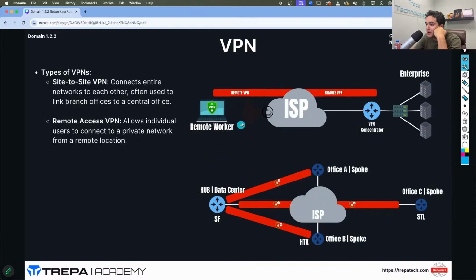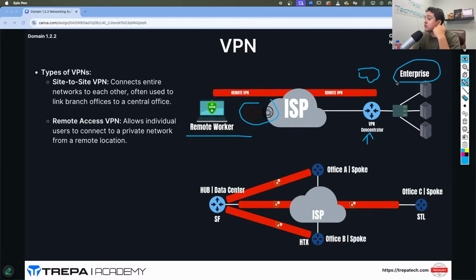You see here our remote access VPN. Here we have our remote worker, just connected to any ISP, right? This is like a coffee shop. They turn on their VPN. That's going to connect to whatever VPN concentrator they have at the enterprise. That could just be a firewall. It could just be a router. It could be a dedicated appliance too. It could also be in the cloud as well, depending on how your enterprise sits. But you connect there, and now you're able to access your enterprise resources that could not be accessed via just